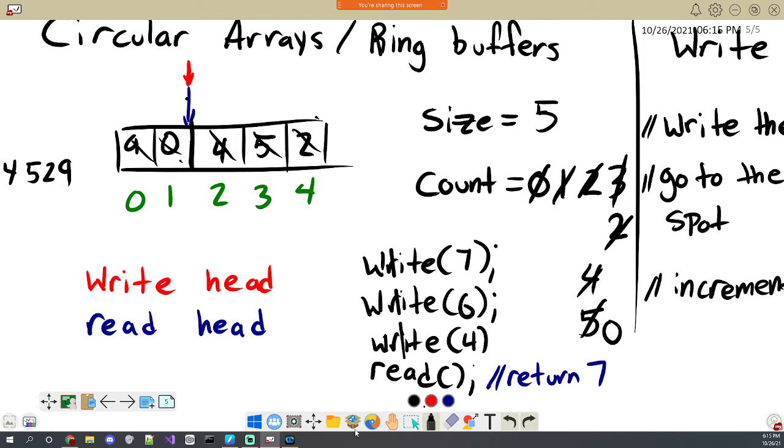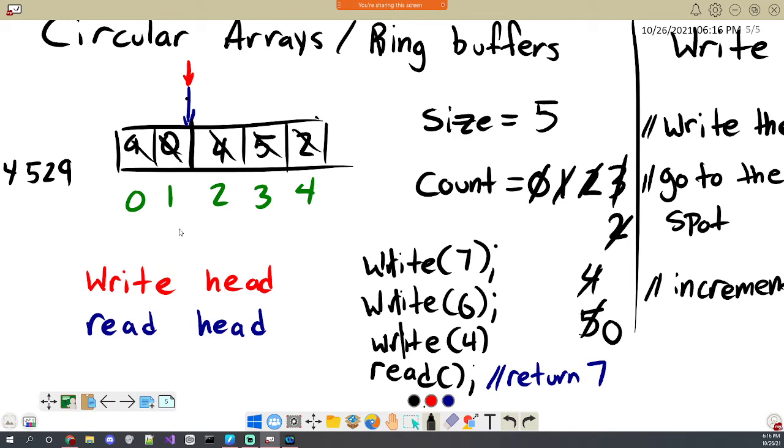And then the only other conditions that you're going to need to check, since we talked about it here, is if the array is full, don't do the write, because you don't want to overwrite anything. And likewise, if the array was empty, like we have now, where the read head just read all of this stuff and returned it, then you don't want to read if it's empty, because it's going to read either garbage, if we haven't actually gone through the entire array yet, or something that still exists from a previous pass through the array. And therefore, you're going to get something meaningless in either case.